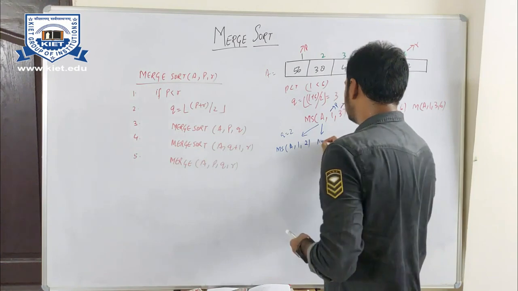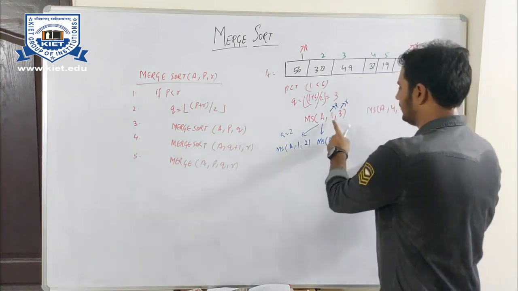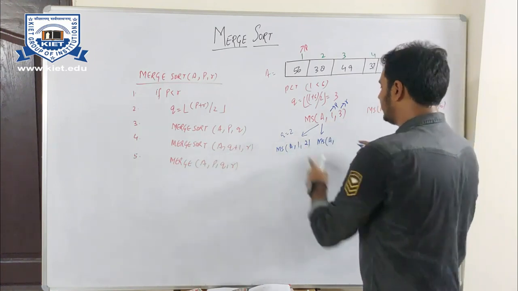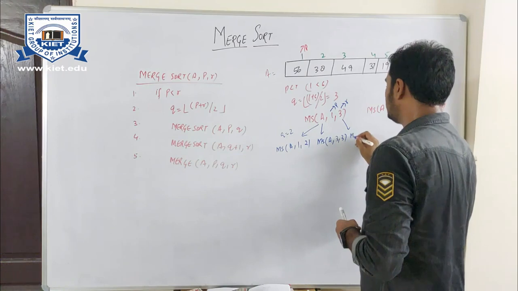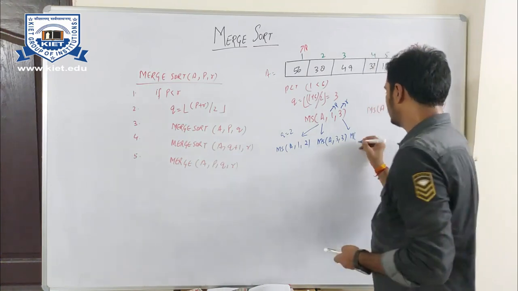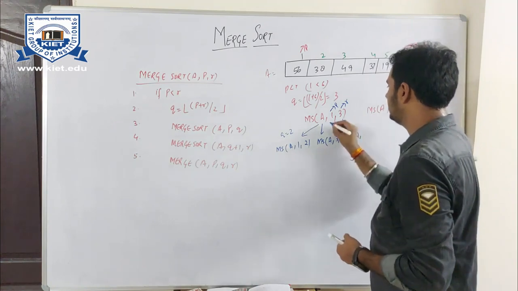Then again mergesort on this array A from q plus 1, that is 3 to 3. And then we will call this merge routine on the array A from p. What is p? 1,